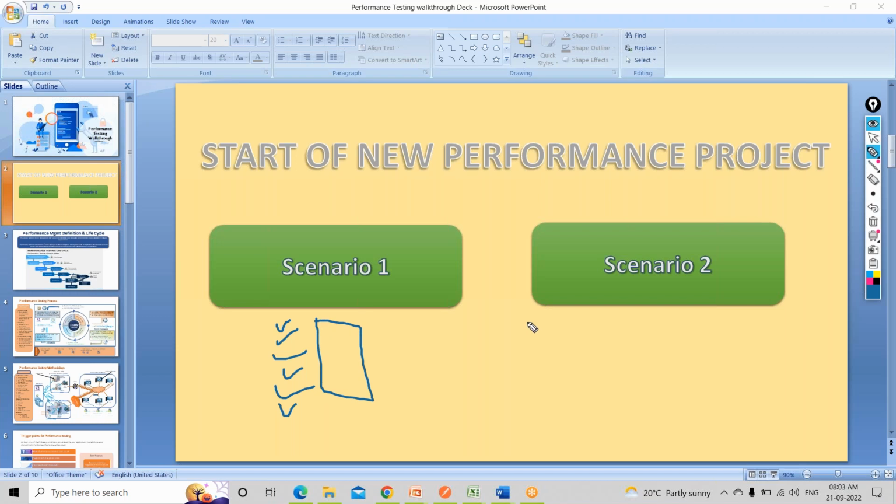Now the other scenario is that they are having performance issues. The biggest performance issue indicator is high response time, and they are experiencing high response time, so they want to make sure they get this resolved. They came to the performance testing team and say, can you do the performance testing so that we can identify the bottlenecks and get this done? But they are not aware exactly how the performance testing team does their job, right?